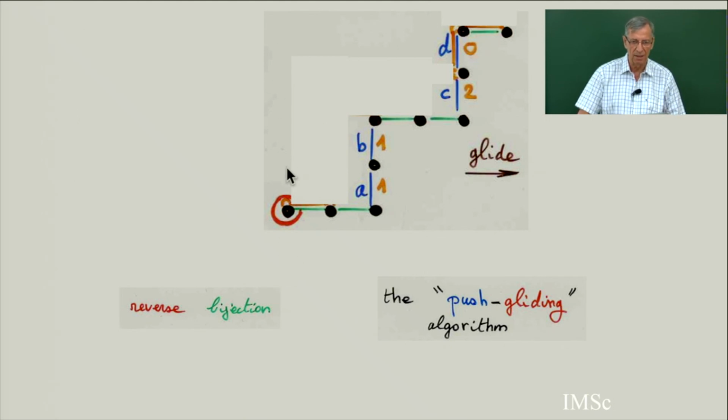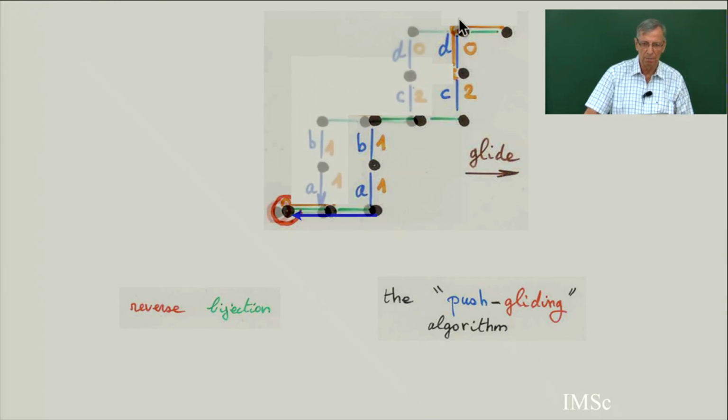Imagine a vertical line starting from the origin. This is going to be the root of the binary tree. And these edges should be at distance 1. So I should move these edges. So the algorithm is, suppose you are moving these edges to be at distance 1 of this red point. And in moving this, you think that all this is a solid part of the path, and everybody moves. So there's a gliding; you glide like this.